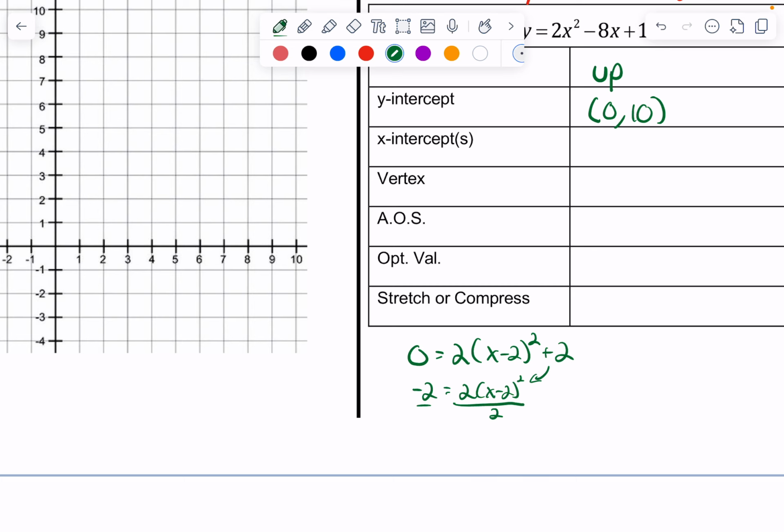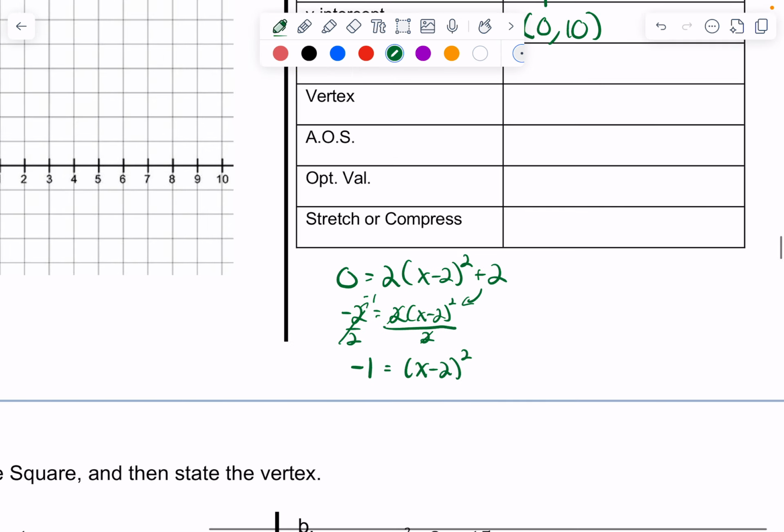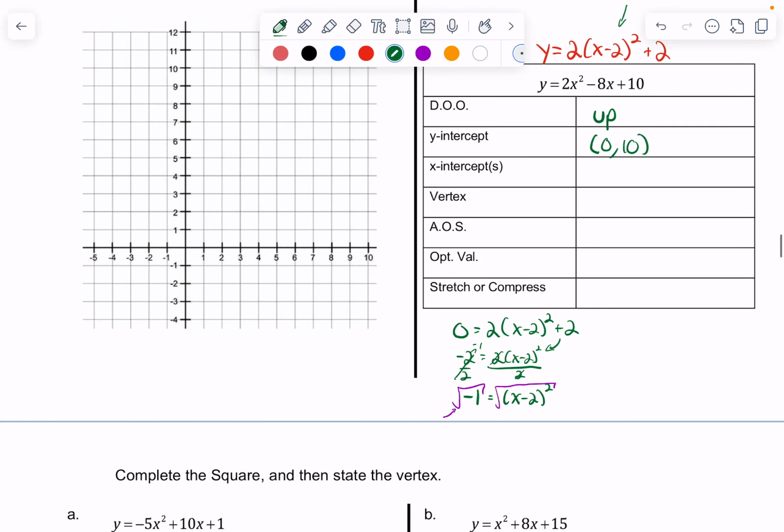Divide both sides by 2. That becomes negative 1. So now negative 1 equals x minus 2 squared. Well, take the square root of that. Well, here we have a problem. You can't take the square root of a negative 1. So, none